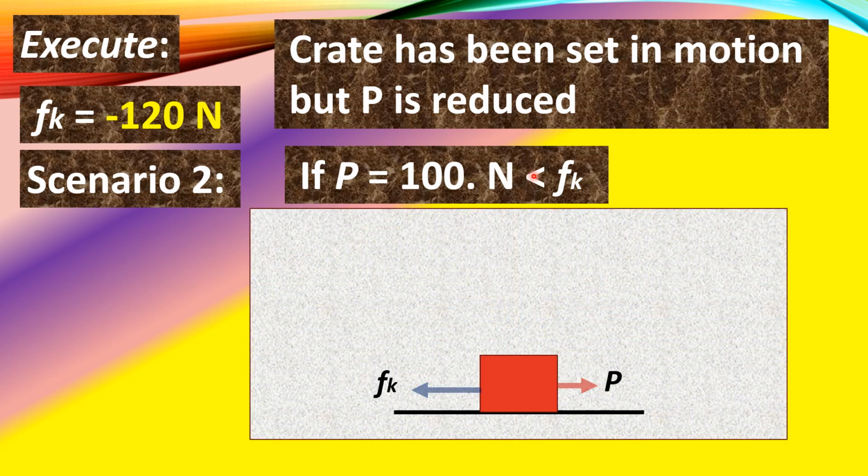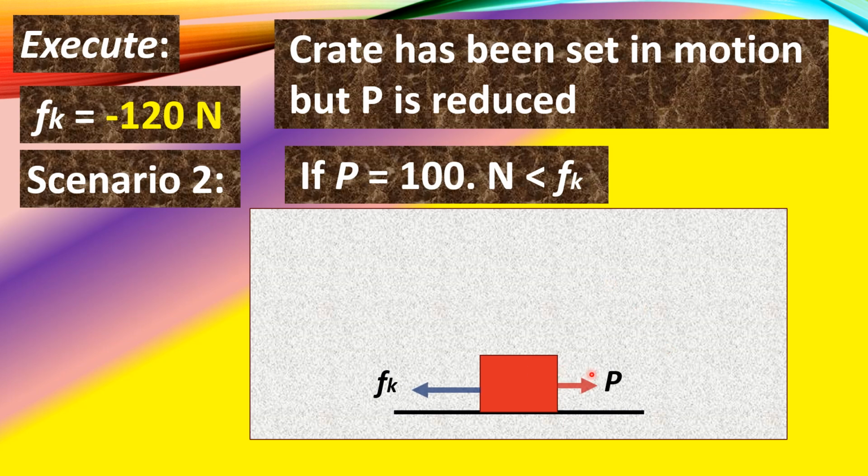In such a situation where the applied force is less than the kinetic friction, we say that the body or the crate is no longer in dynamic equilibrium. Once it has started to move, because the maximum static friction has been overcome in our preceding situation,